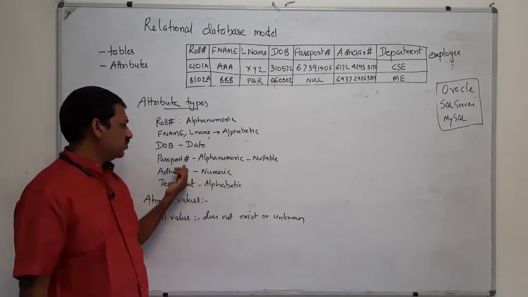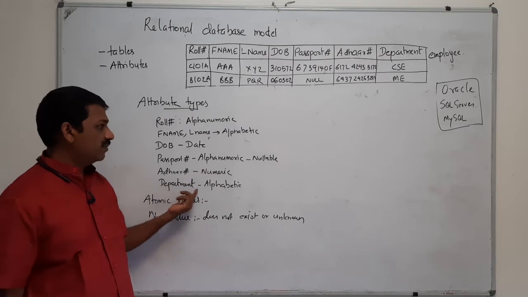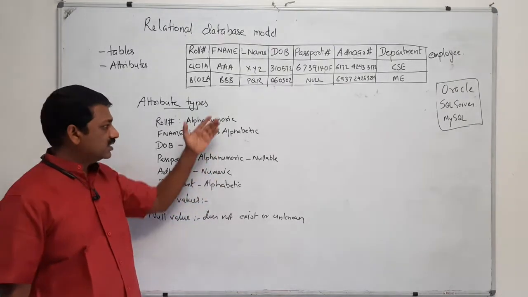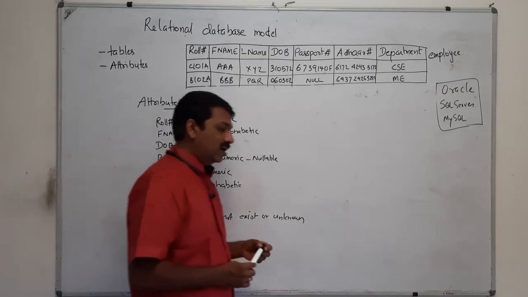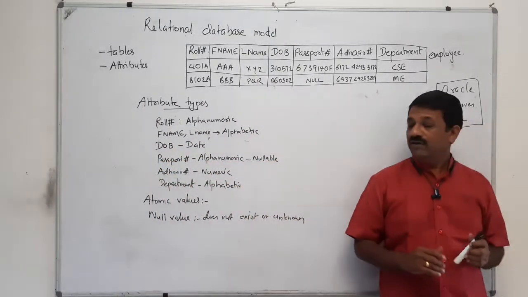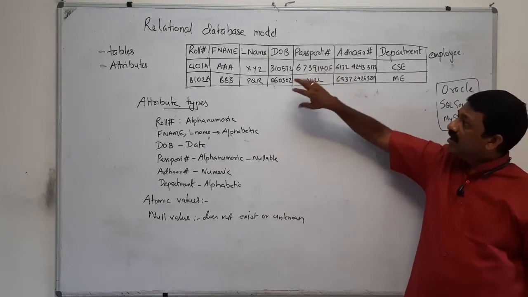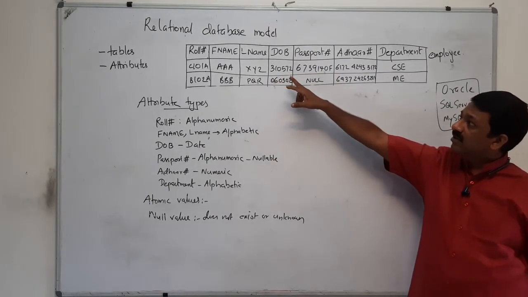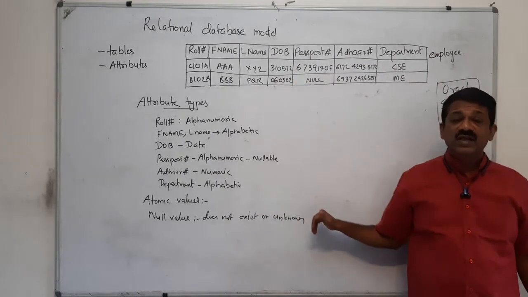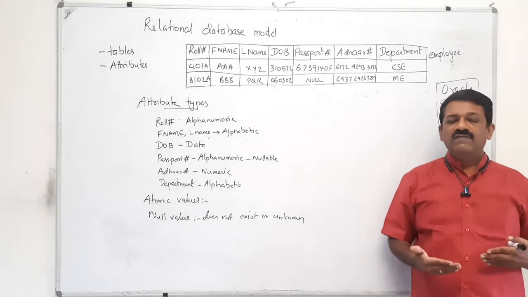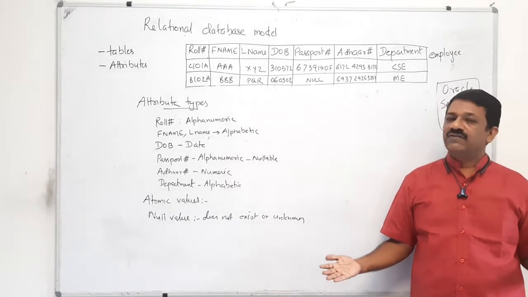That means passport number. Aadhaar number again is numeric, and department is alphabetic. So these are the domain. That means atomic. Now, one of the other properties of all these entities. That means you are entering roll number, first name, last name, date of birth, etc. All these attributes contain atomic values in the sense you cannot further divide that into different